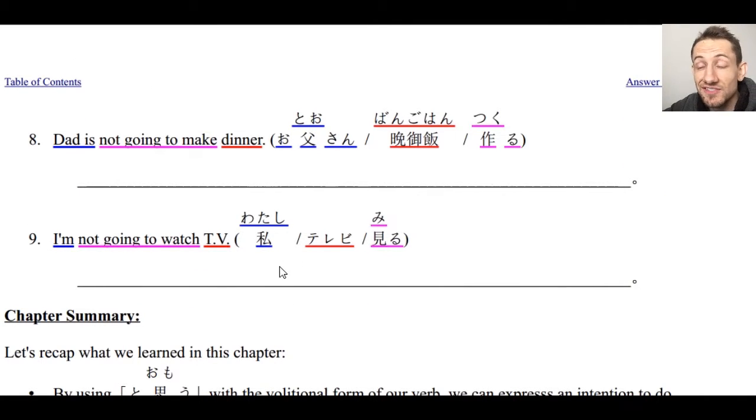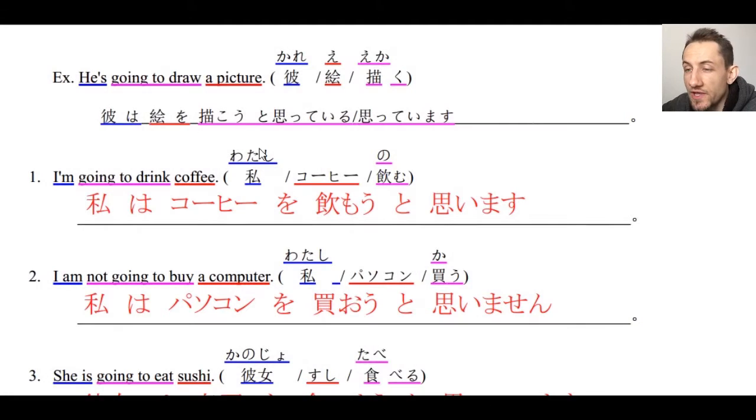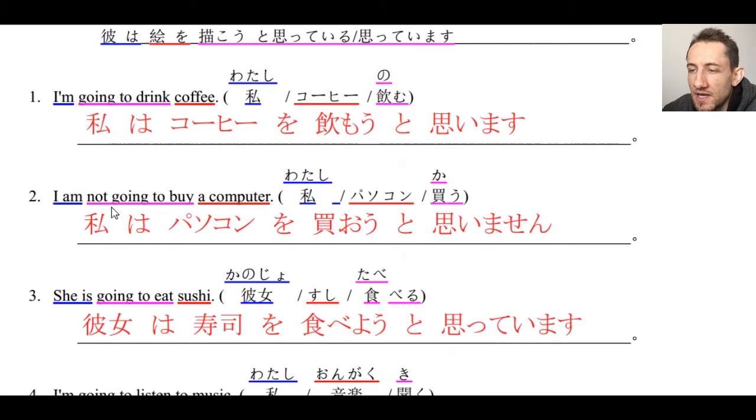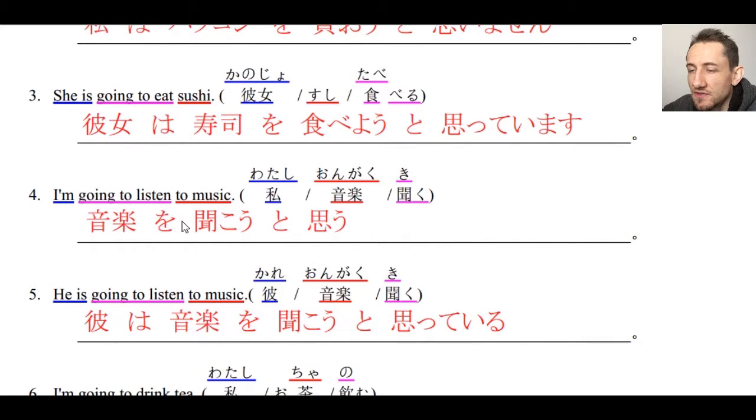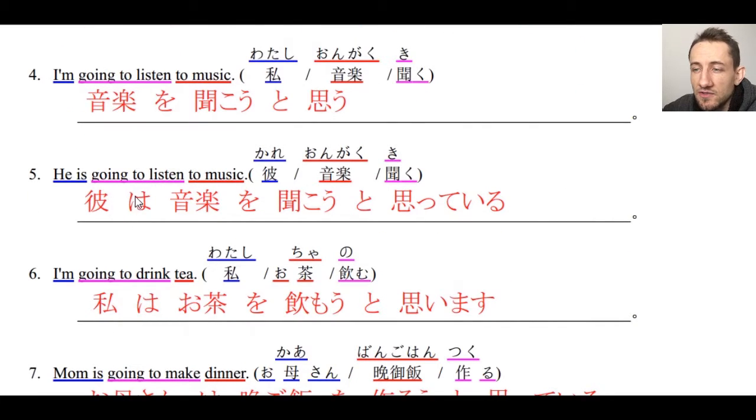All right, so now let's check. Number 1, we have, I'm going to drink coffee. 私はコーヒーを飲もうと思います or 飲もうと思う. Remember, you could also leave out 私. You could just say コーヒーを飲もうと思う. That's fine. Number 2, I'm not going to buy a computer. 私はパソコンを買おうと思いません. Number 3, she is going to eat sushi. 彼女は寿司を食べようと思っています。Number 4, I'm going to listen to music. 音楽を聴こうと思う。or 私は音楽を聴こうと思います。